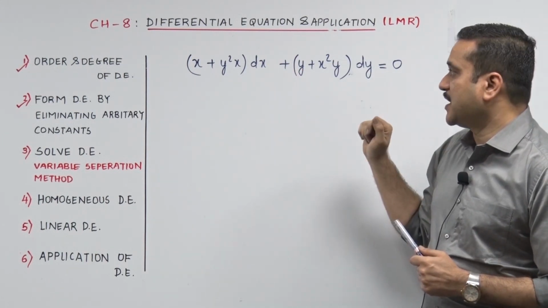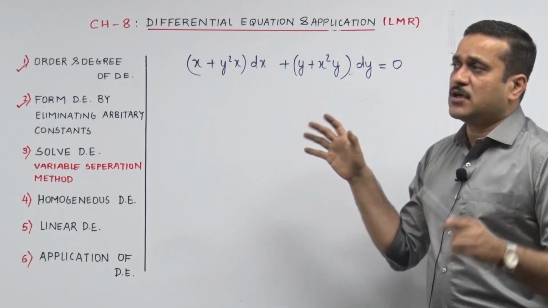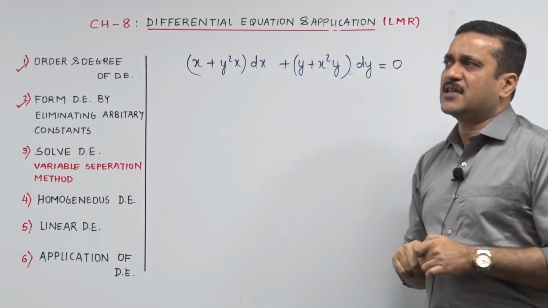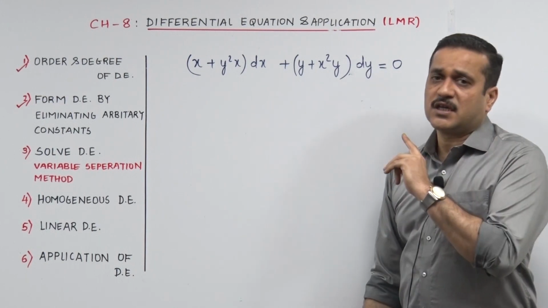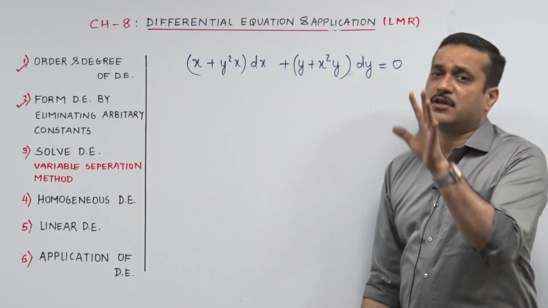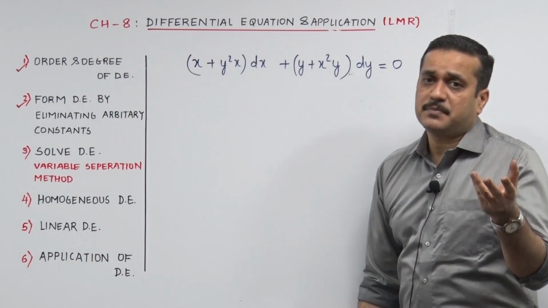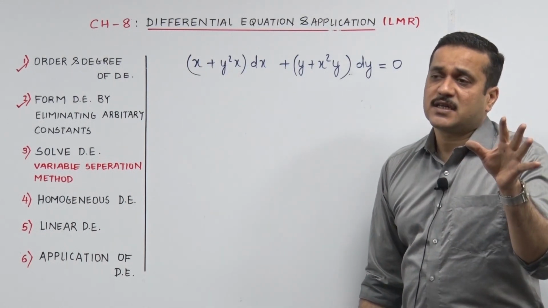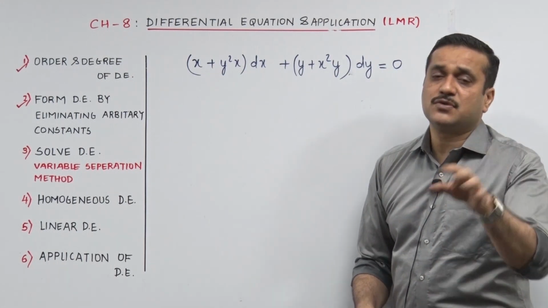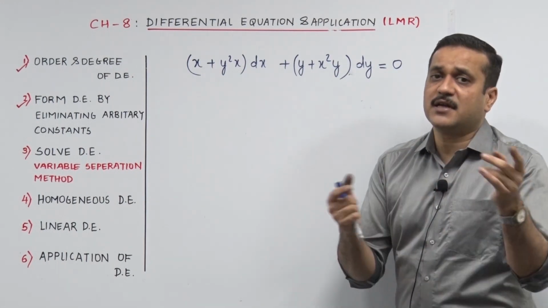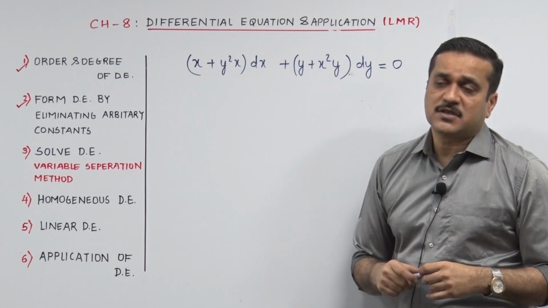Now can I do some pre-treatment before I start? No, the rules are what? Rules nahi, the steps are what? Get your dy dx on the floor. Thanks to the given differential equation, they are already on the floors. The next step is what? Try to push your x ka terms towards dx and the y ka terms towards dy. When it happens, you say the variables are separated, and then you integrate to get to your solution to the